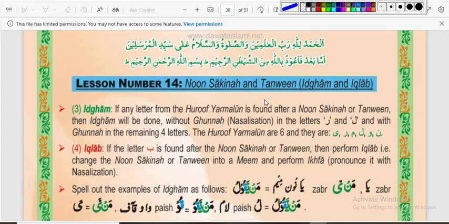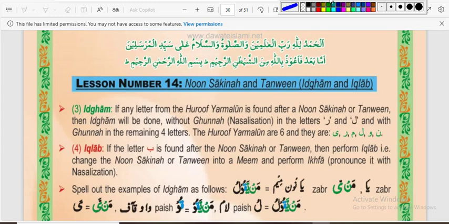Today we are going to start lesson number 14, that is about the rest of the two rules we have done in lesson number 12. In lesson number 12 we have done the rule of izhar and ikhfa. We did in detail the definition and the examples, and the rest of the part was in lesson number 14, and before this lesson number 13 is finished, alhamdulillah, in which tashdid and its examples we have done in Urdu and English. And now today we are going to do lesson number 14, which is about the rules of idgham